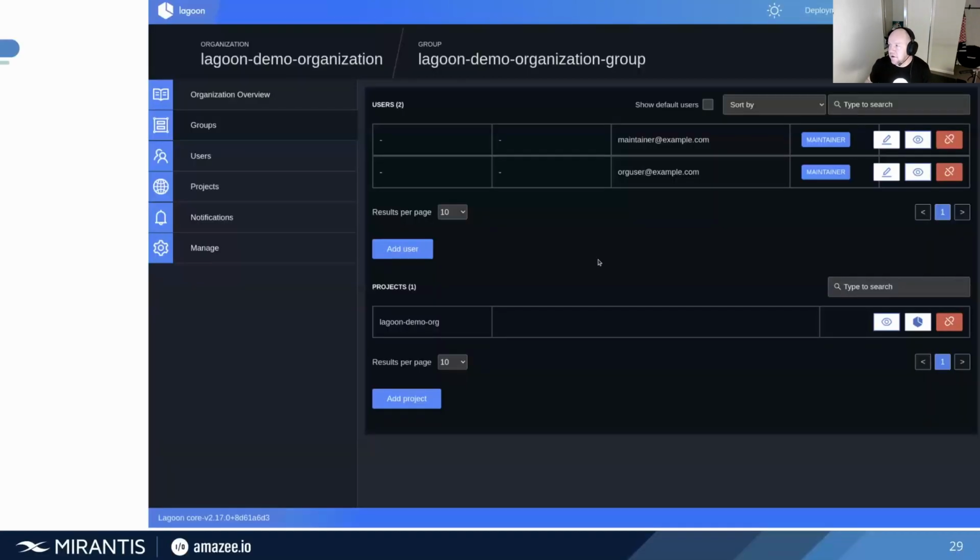Inside this organization, you can manage your group. So this demo group has a couple of users who both have maintainer permission, and there's one project that people in this group can access. So either the maintainer and the org user, those users can both use Lagoon to access the Lagoon demo org project. They may be able to see other projects because they may be members in other groups that can see other projects. But if I wanted to stop my maintainer user from being able to access Lagoon demo org, all I need to do is unlink them from that project, unlink them from this group, and they suddenly lose access